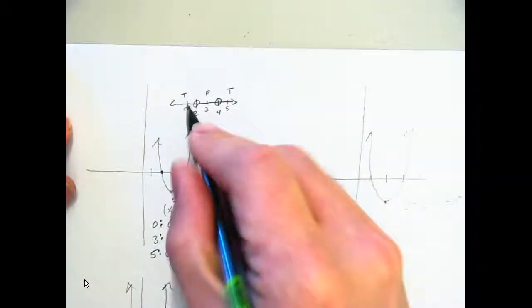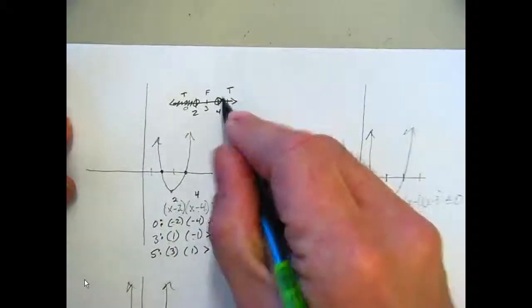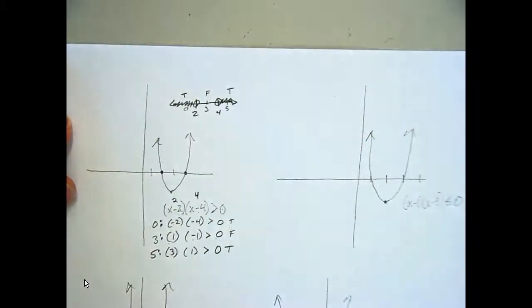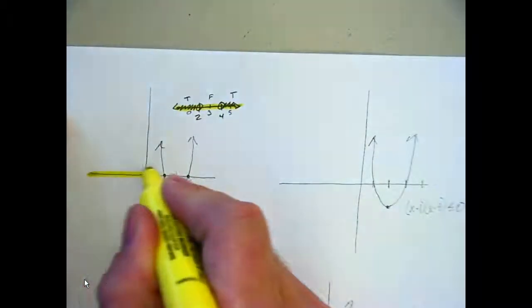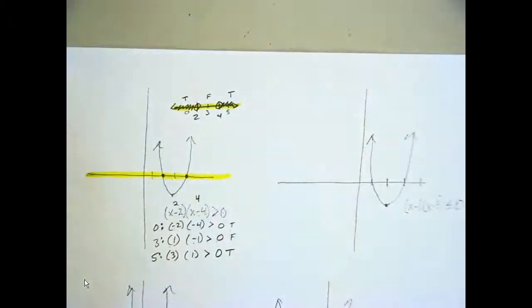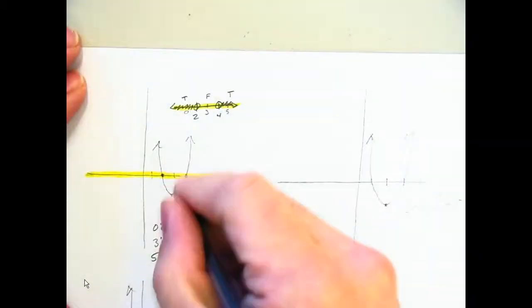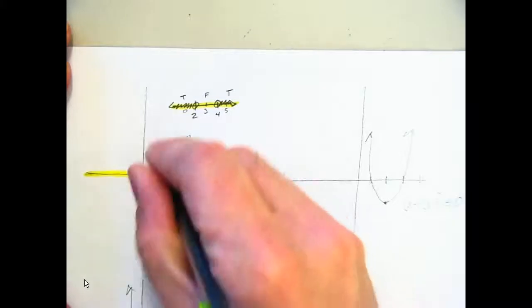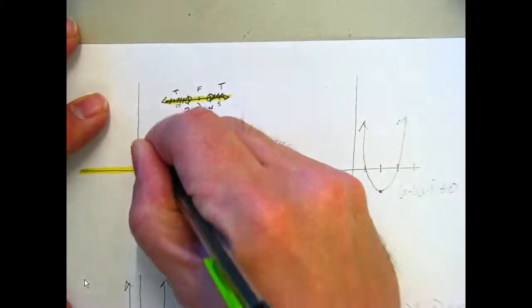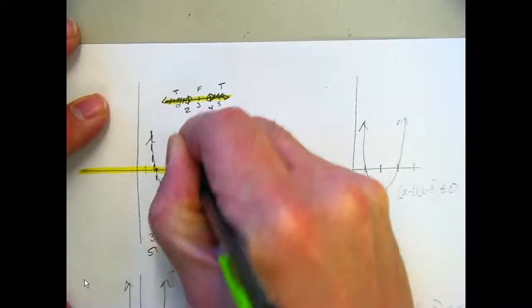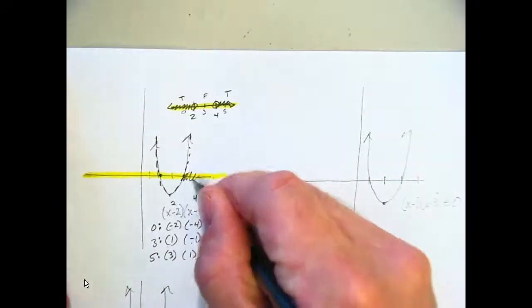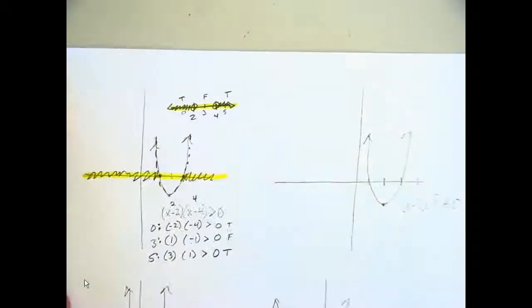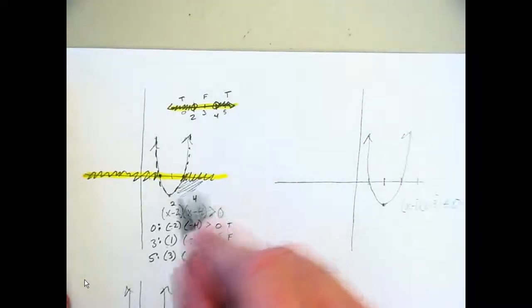Therefore, my shading, I have to shade over all solutions. That is my shading. Now, if I apply that to my actual graph here, this number line right here is this number line right here. They are the same number line. Okay? Therefore, this is an open circle, or this would actually be a dashed line. It should be a dashed parabola based upon what we have. So we put solid, but that was the quick making of the worksheet. And this shading happens on the outside of that number line, which means we're shading all this junk out here